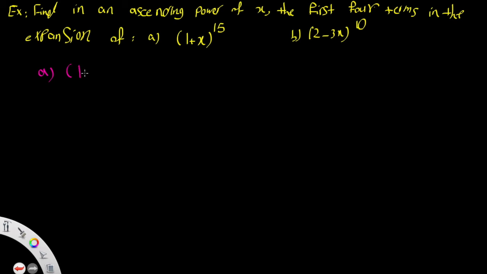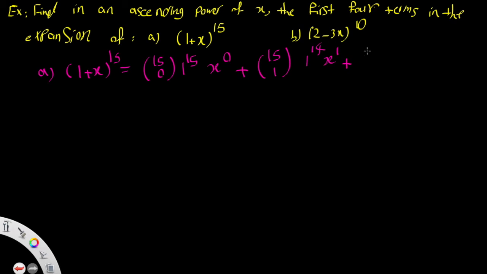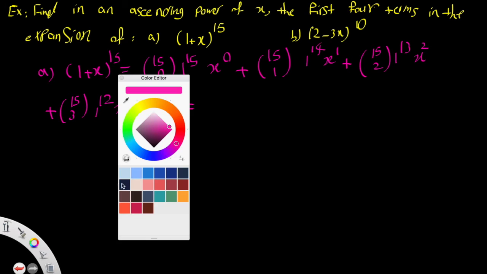For the first part, (1 + x)^15, it will be combination of 15, 0, 1 to the power of 15, x to the power of 0; they add up to 15 as you see in the powers. Combination of 15, 1, 1 to the power of 14, x to the power of 1, plus, again they add up to 15, and this number is the power of the second factor, combination of 15, 2, 1 to the power of 13, x to the power of 2, and the last one, combination of 15, 3, 1 to the power of 12, x to the power of 3, plus the rest of the terms,